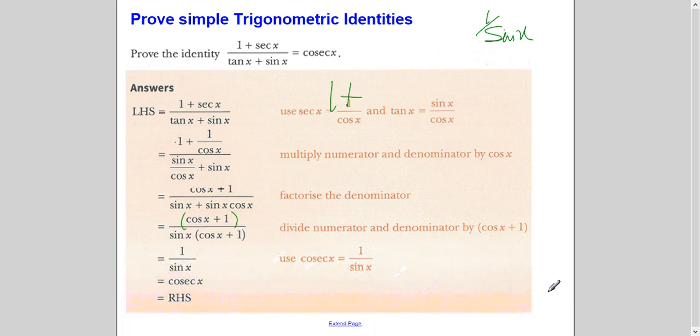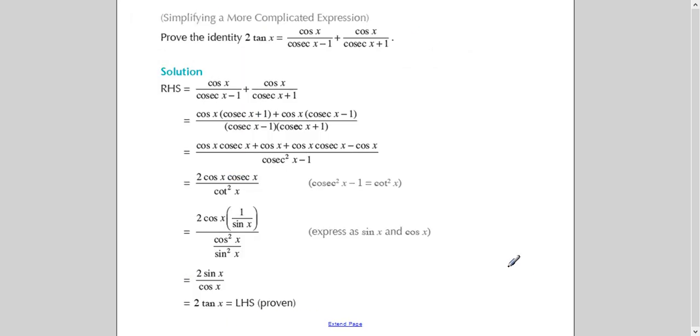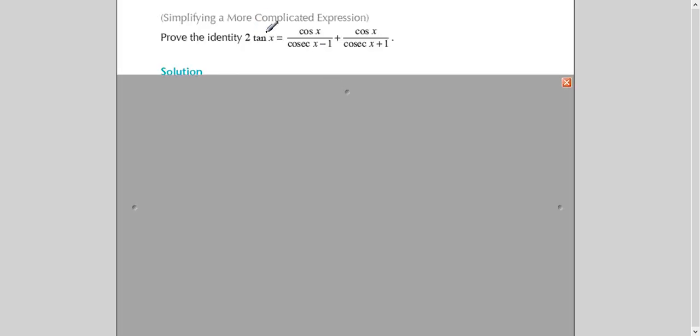So let's take an example of another identity. Let me hide the rest of the working. Okay. So here, the right hand side looks more complicated compared to the left hand side. I don't see much to do here. Instead of tan, I will write sine over cos. So let's just start with the right hand side.